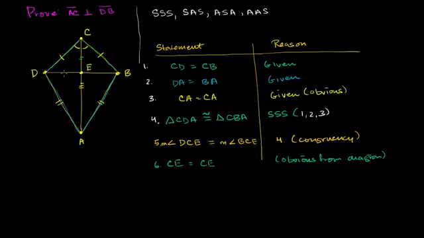So we don't have 3 sides. We haven't proven to ourselves that this side is the same as this side, that DE has the same length as EB, but we do have a side, an angle between the sides, and then another side. And so this looks pretty interesting for our side angle side postulate. And so we can say by the side angle side postulate that triangle DCE